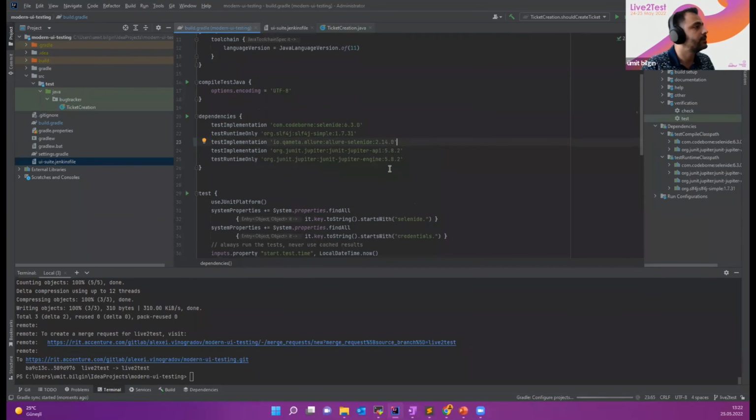It's called post action. I have prepared a copy here and paste. So in this post action, all this report will be published as an artifact in Jenkins. And we need to add some little configurations here. We need to add a listener for Allure, Selenide Allure, and let me add it quickly.